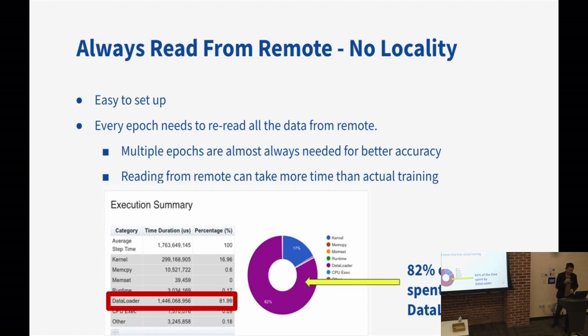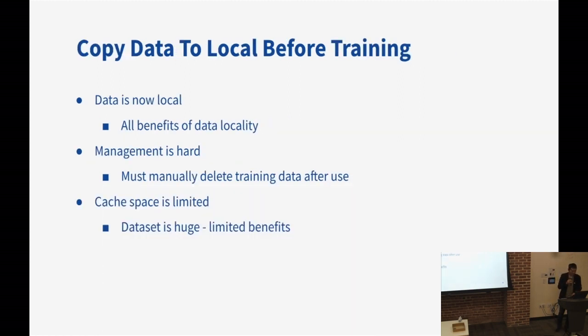Am I right? So to fix that, someone figured out, okay, if loading data from remote is slow, we can copy the data from remote to local before the training. Am I right?